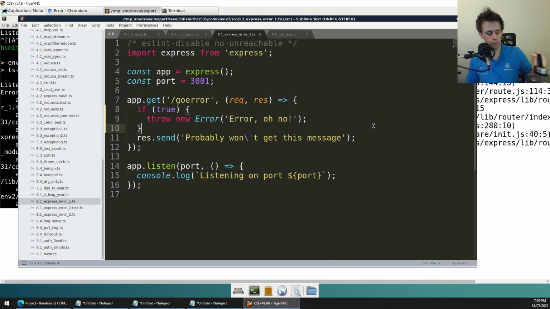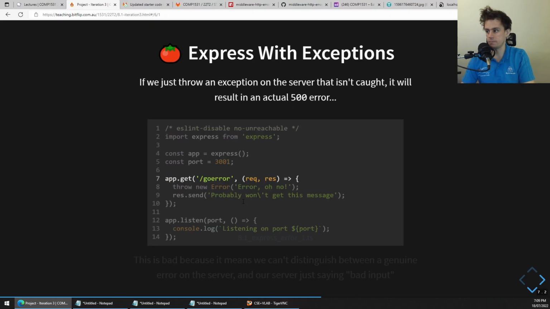What happens if their password's not long enough? What happens if the email address they entered isn't valid? We can't just throw an error saying email address invalid, because we'll get the wrong error code. So how iteration 3 is set up,